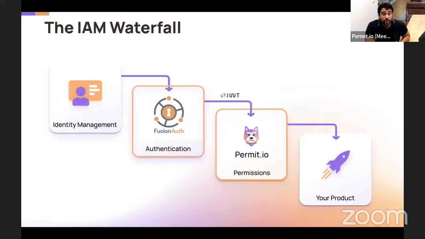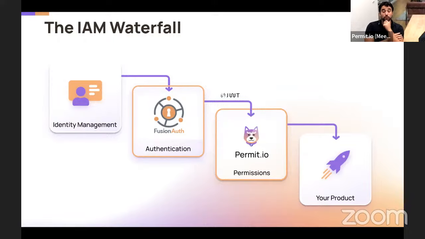With Permit, and thanks to the OPAL architecture, one of the things that you get out of the box is the ability to decouple your control plane and your data plane. Permit becomes your control plane, but the data plane and the enforcement components that you embed into your system, that microservice for authorization that I mentioned before, are all managed locally. All the data that you bring in is done directly into that source.